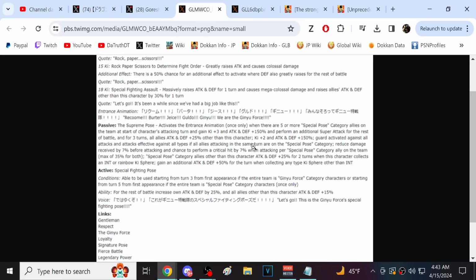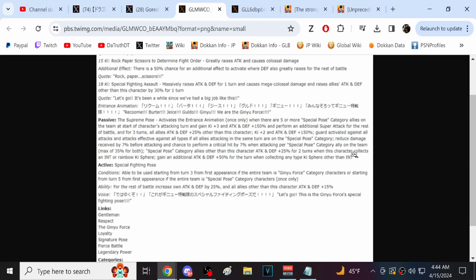Let me just... So their intro, 3 key, 150% of stats, guaranteed additional super. And then for 3 turns, all allies are getting 25% attack and defense. So it's just going to cover the first turn. Okay. So I got that. 2 key, 150% of stats. They're guarding. Super effective against all types. 7% damage reduction, 7% crit when attacking. I'm going to want to see their start of turn defense. But, I mean, man, they're...